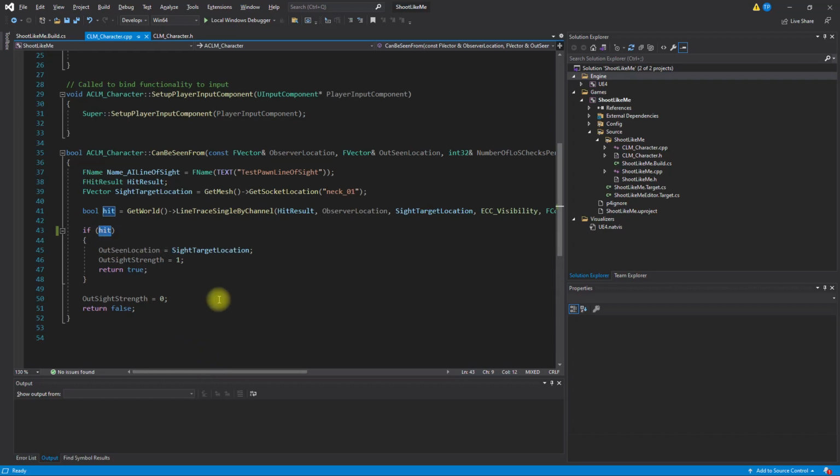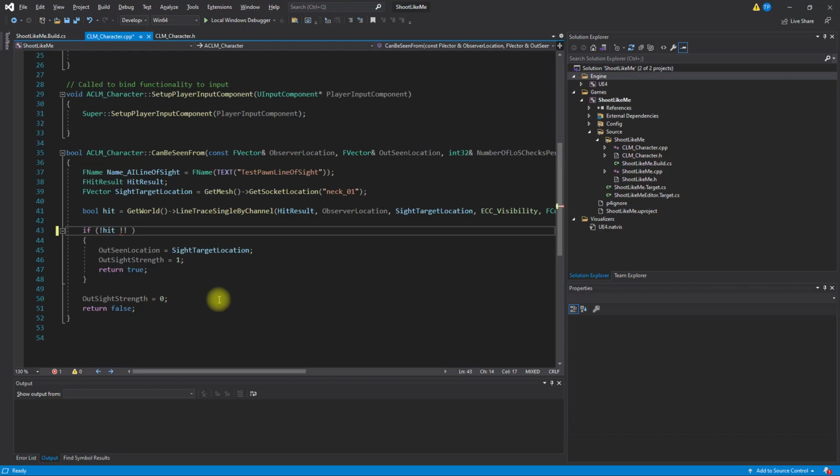So if this is false, that means there is nothing in between, so the AI character can see this guy. Or there could be other stuff like child actors attached to the player or the opponent character, maybe a gun or an armor or a shield, and in that case we should